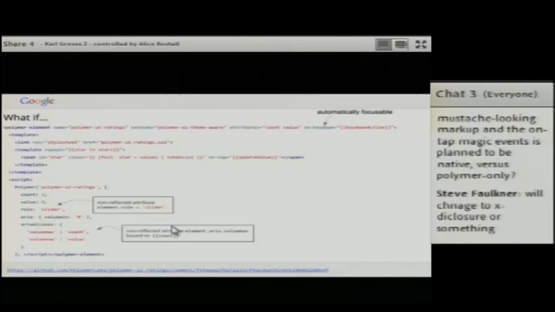My understanding is that the moustache markup is part of the templating. The on-tap magic events, I think, is largely Polymer. I'm sorry I don't have a better answer for you on that. Marcy may have a better idea, having played around a bit more with plain custom elements.